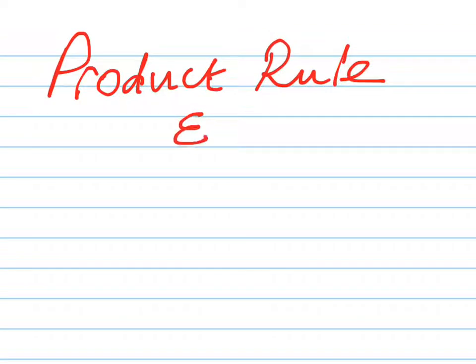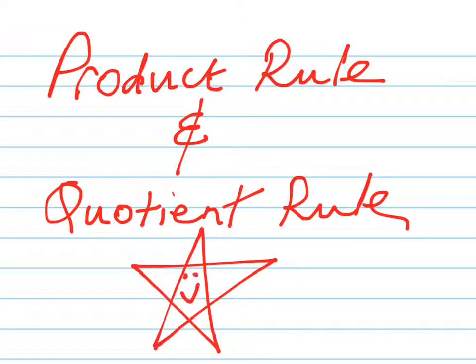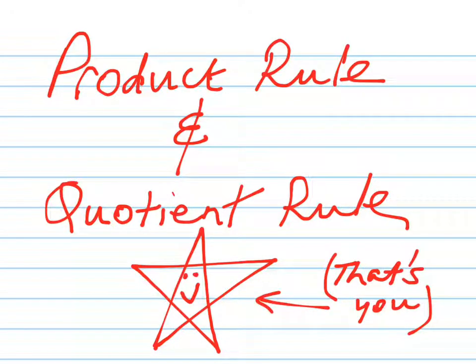Well, hi everybody. Today we're going to have a look at two of the very big players in the calculus world, specifically to do with taking the derivative or the gradient function. They are the product rule and the quotient rule, and they are two of the true Academy Award winners in the whole industry of calculus, if you like. And guess who this is? Yes, that's you. You're a star, and we are going to shine together through this whole thing of product rule